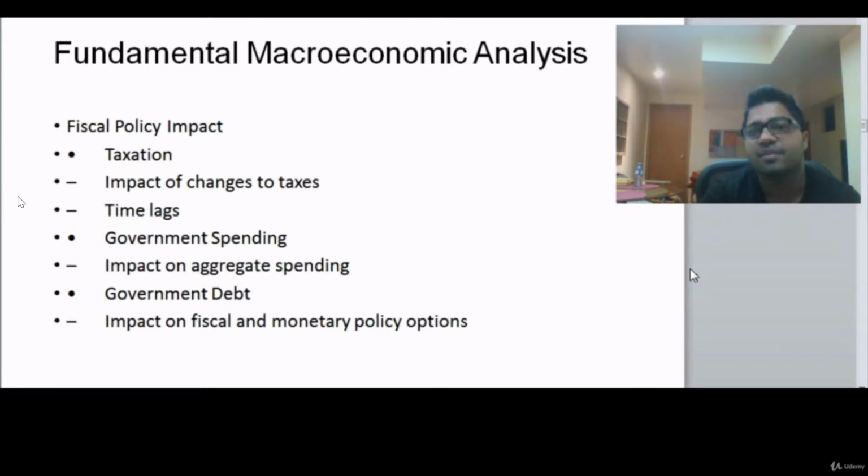So fundamental macro analysis. Fundamental analysis is done in three levels: economic, industry, and company. Now there are two ways to do it: top down and bottom up. In the top-down approach, we start with the economy, then we analyze the industry, and then we narrow down on